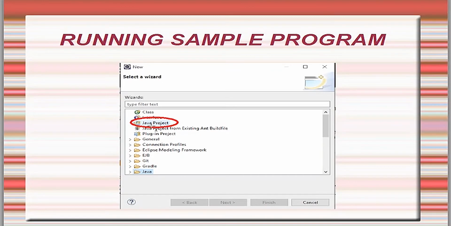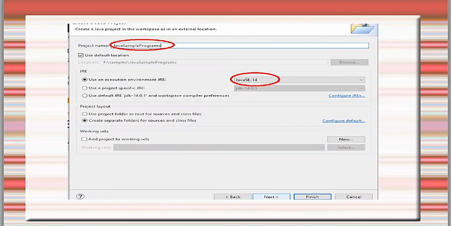For this we go to File, Other, and from there to Java Project. Click on Java Project. Now this window will be opened. What is the project name? You have to give one project name for your programs. I gave Java sample programs, and this Eclipse is using Java SE 14, Java Standard Edition 14.